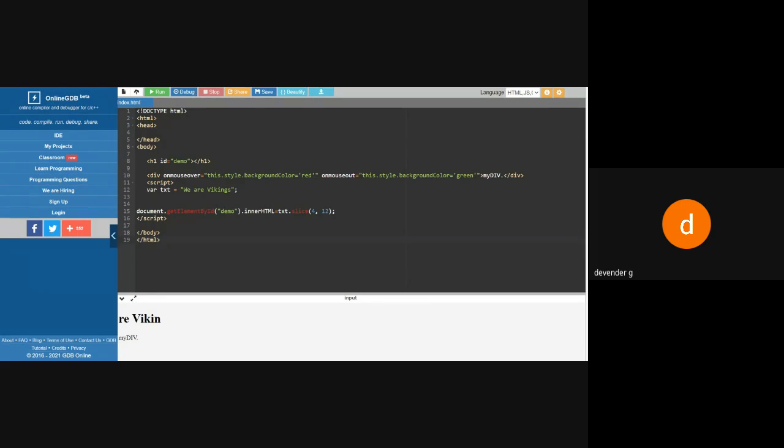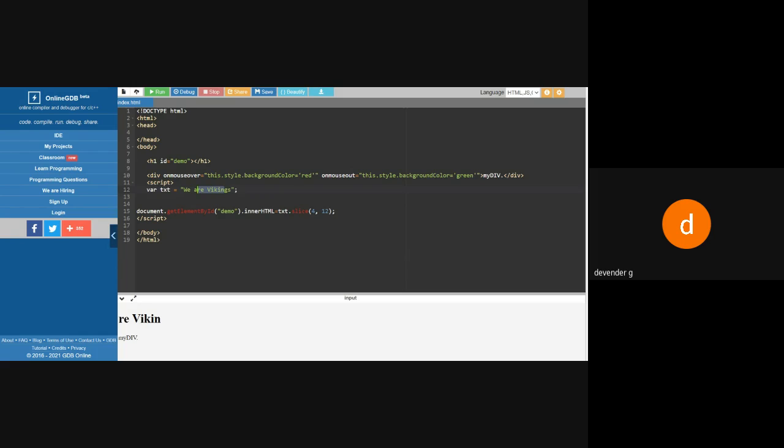I'm taking from the fourth letter, so it is taking from R. From 4 you take 12 positions. So 4, this is 5, this is 6, this is 7, this is 8, 9, 10, 11, 12. That's why we are getting from here to here. So this is how slicing is going to work.